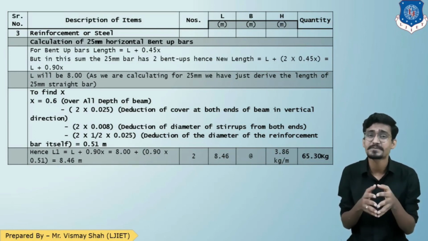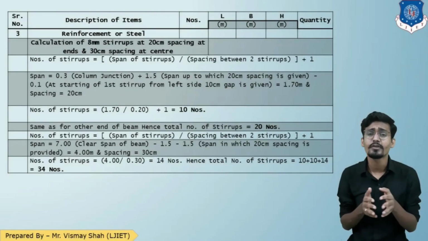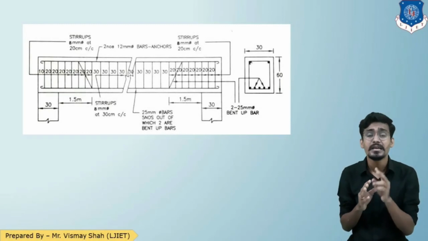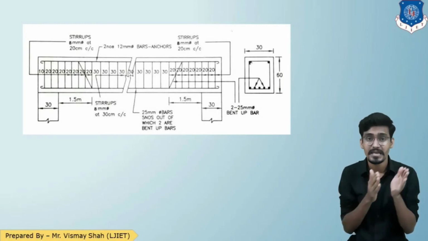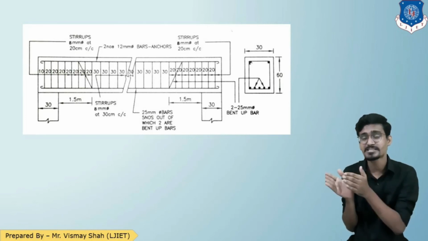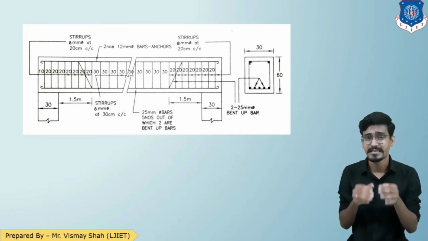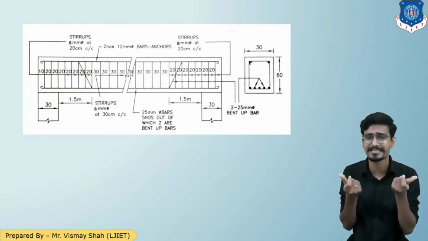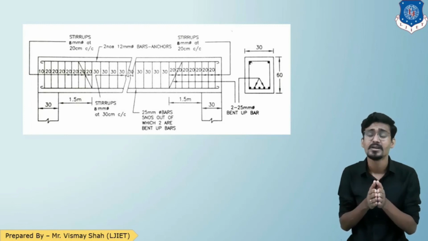Now only stirrups are left. Let us see. So we know the formula of the number of stirrups: span of stirrups divided by spacing of stirrups plus 1. But here, coming back to the drawing, as you can see, there are 3 different spacings. Initial 20 centimeters center to center, at center portion 30 centimeter center to center, and at the last portion again 20 centimeter center to center. So we need to find out first for both the ends 20 centimeter and that center 30 centimeter. So first, starting with the 20 centimeter at the one end,